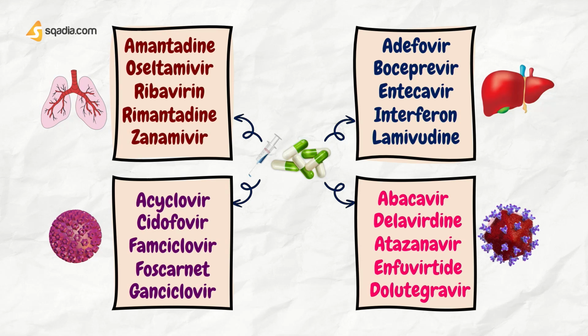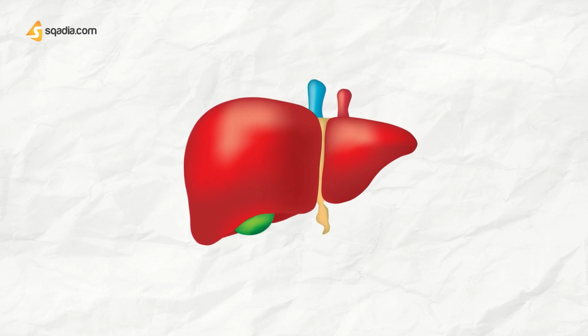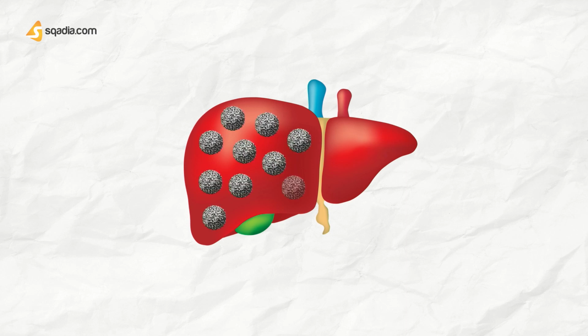So next we're going to discuss the drugs that are going to treat hepatic viral infections. And from hepatic viral infections, I mean most commonly hepatitis viruses that are identified as A, B, C, D, and E strains. And each has a pathogenesis specifically involving replication and destruction of hepatocytes. So these viruses are basically going to affect the liver and the cells of the liver, which are known as